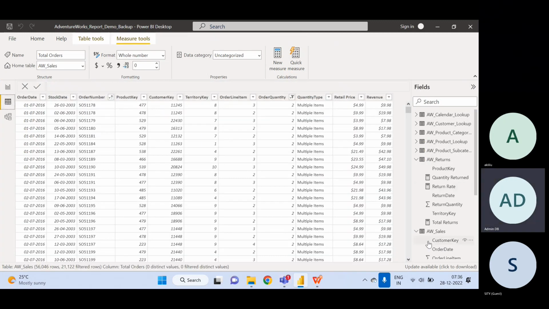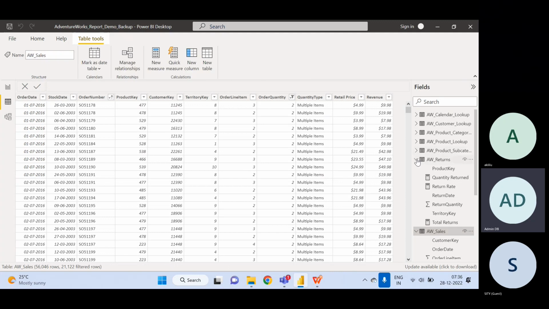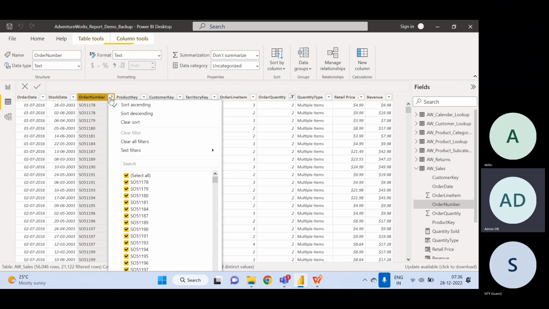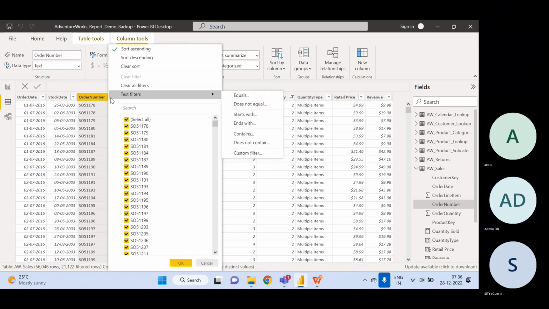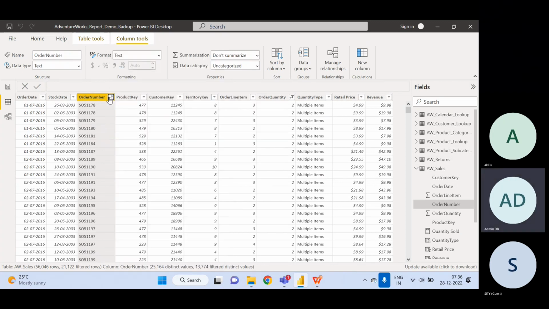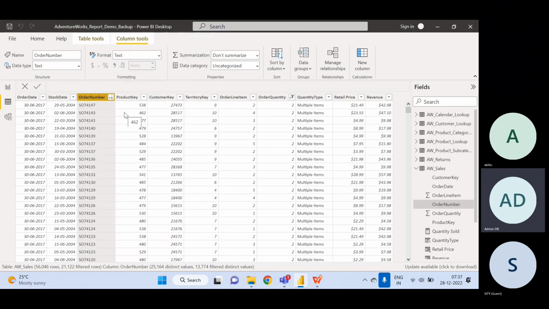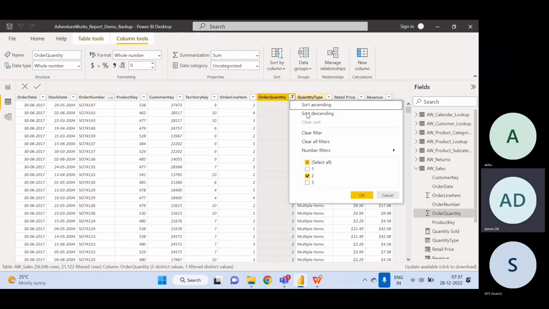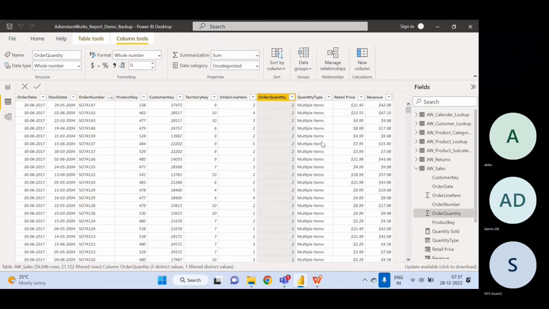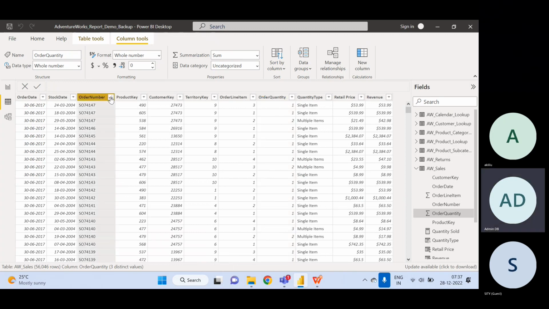So if I am in the sales table, what I see is the order number. Let me actually make it descending. Okay. So what you see is that there are